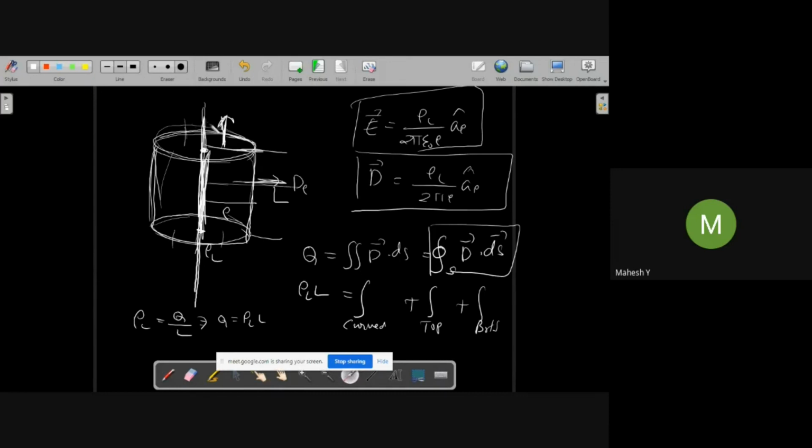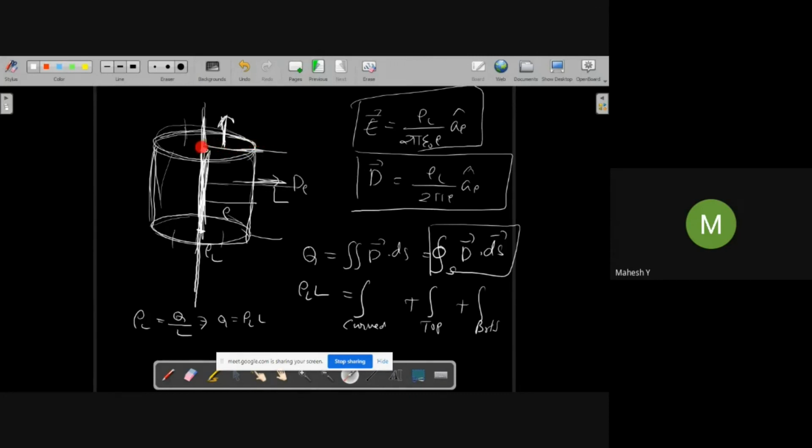So the charge is along this line, and the flux will be moving radially outward. It is always moving radially outward. It will not move in the direction of the line. It is always moving in the direction of the radius, outward. So here it is D rho only, but here the surface vector as well as this vector are in the same direction. But how much is it on the top?